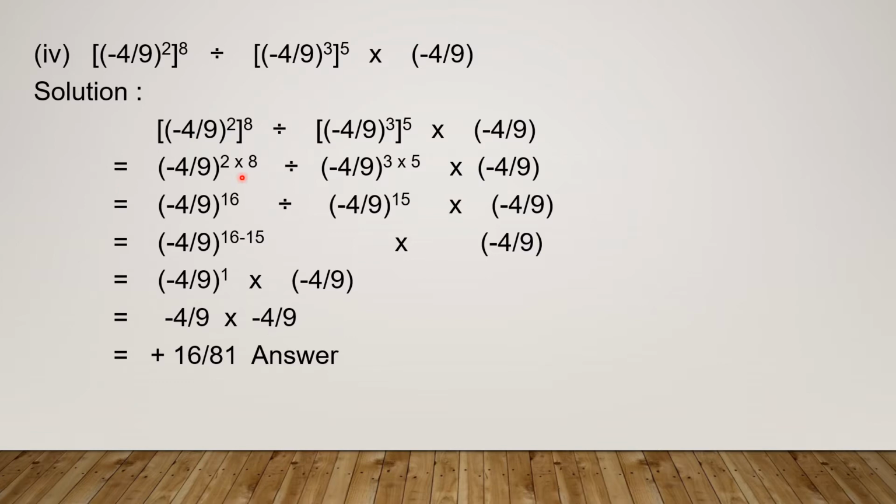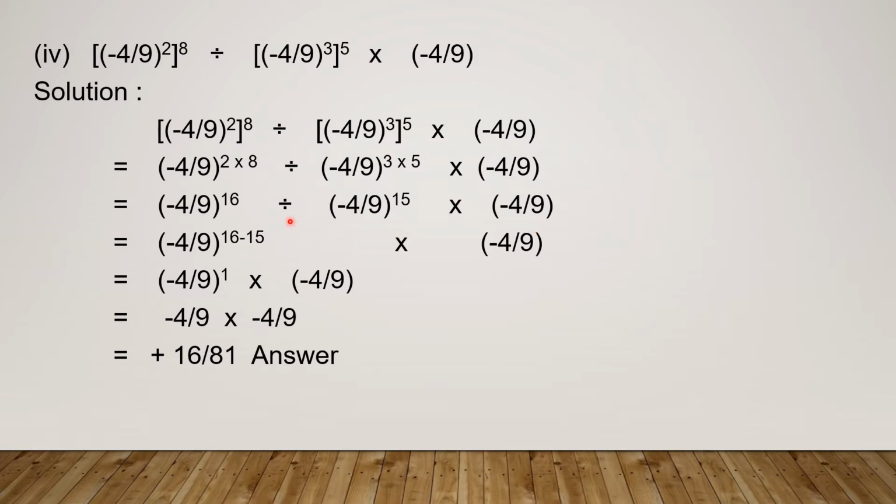We repeat our question. So first of all, what we have to do, we always convert double powers into single. We convert the double exponent into single exponent. This will always be our first step. So first of all, according to power law, if we have two powers, they will multiply with each other. We will multiply 2 with 8. Here we will multiply 3 with 5, and minus 4 by 9 will come as it is. All the bases will come as it is. Now 2 8s are 16, 3 5s are 15, and minus 4 by 9 will come as it is.